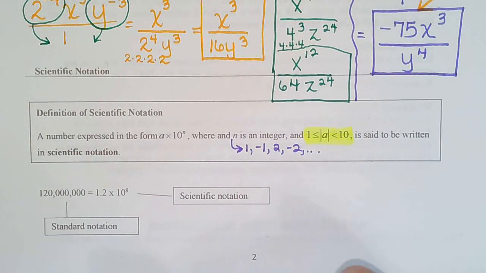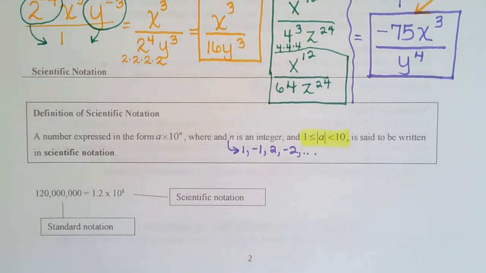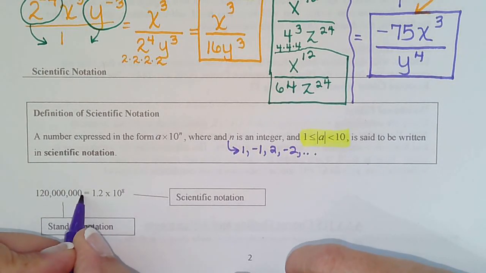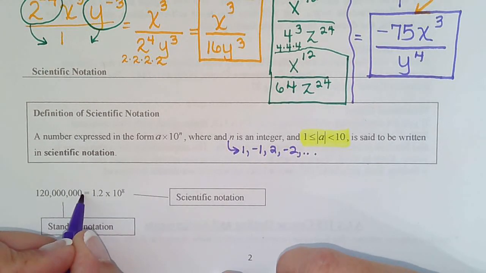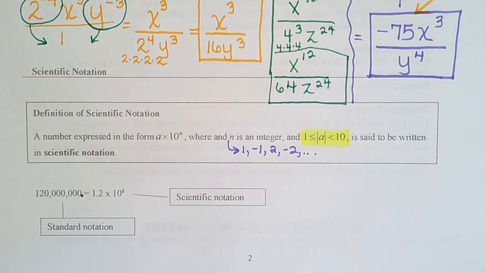So, for instance, to write 120 million in scientific notation, right now, 120 million's decimals right there, because when there isn't a decimal in a problem, we can assume that means it's at the end. So we'll pick